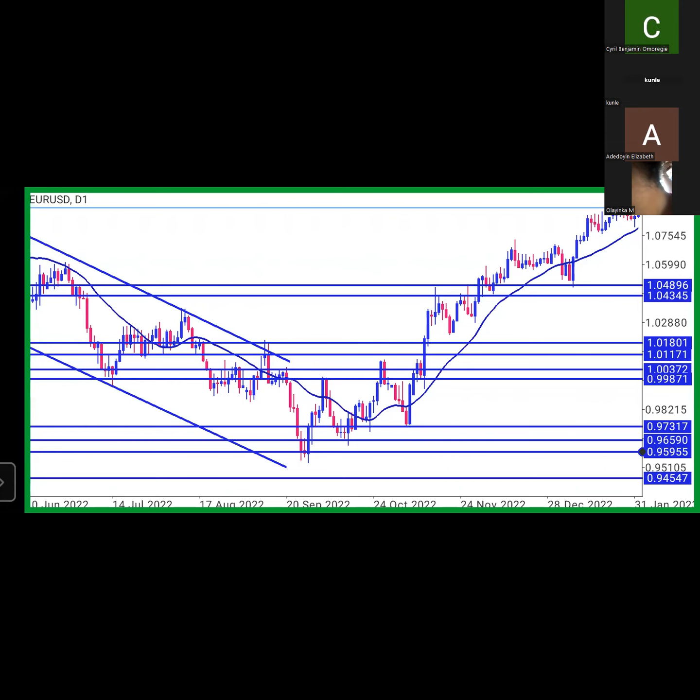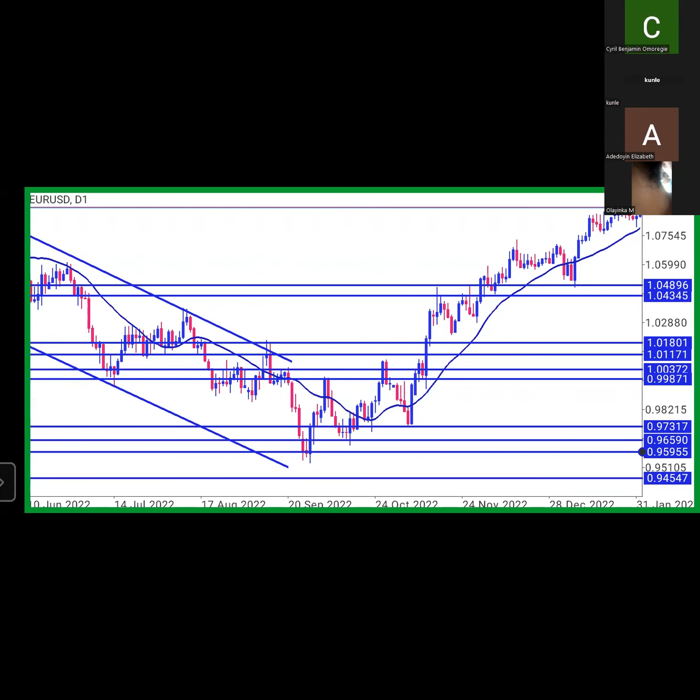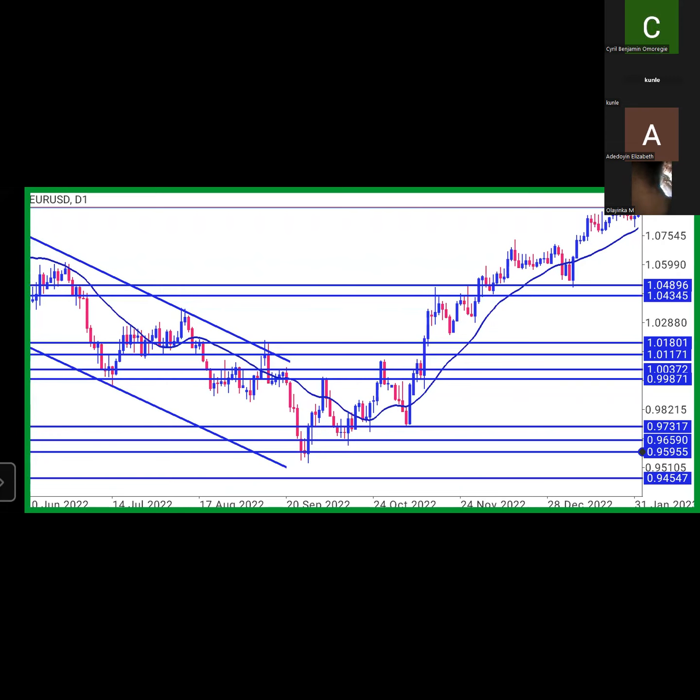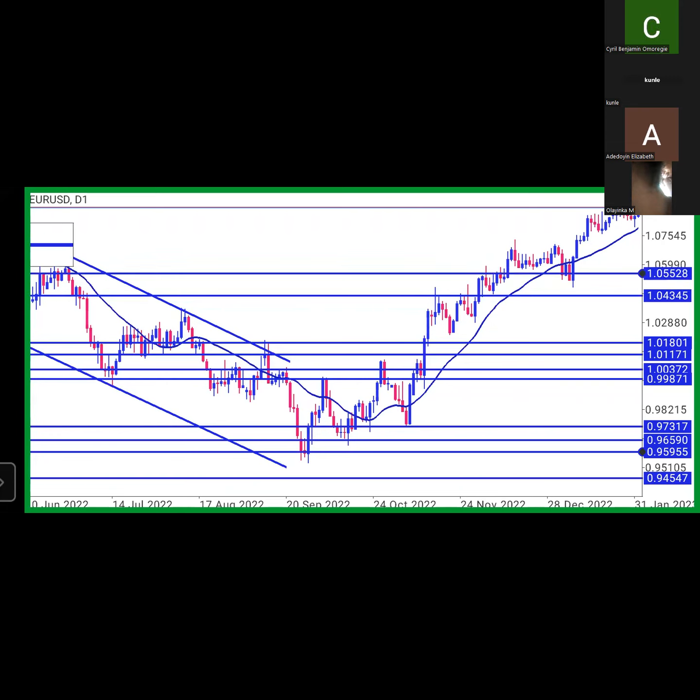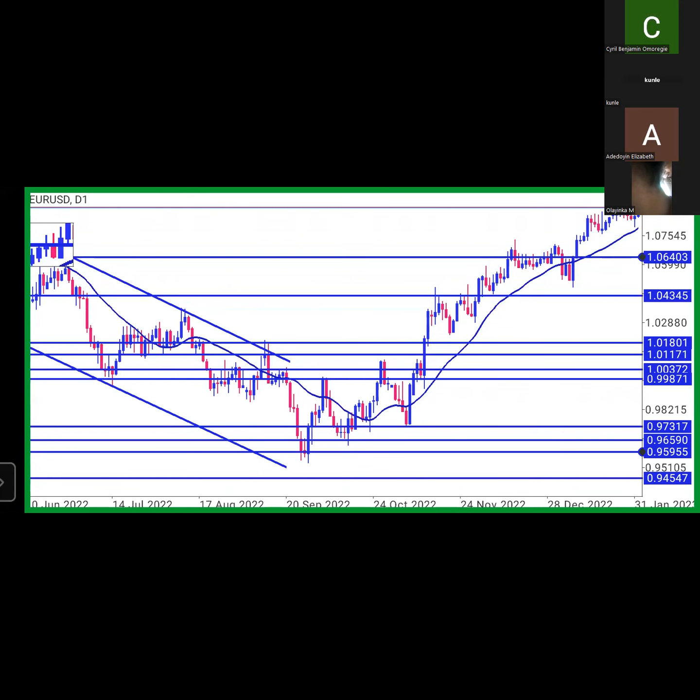Now, number two. Once you've identified that resistance on a daily time frame that became support, comma, once you've identified